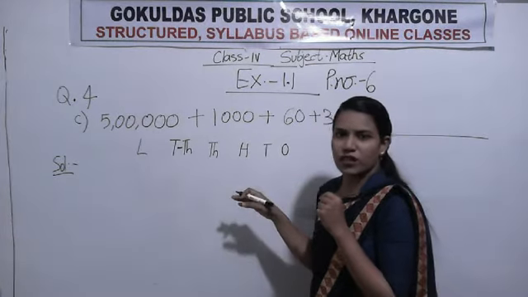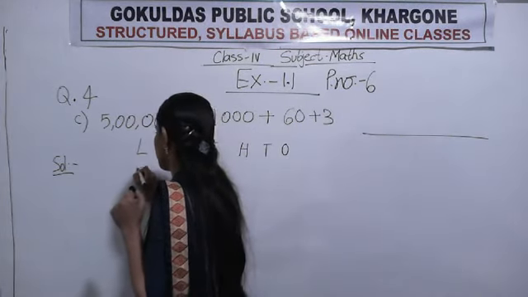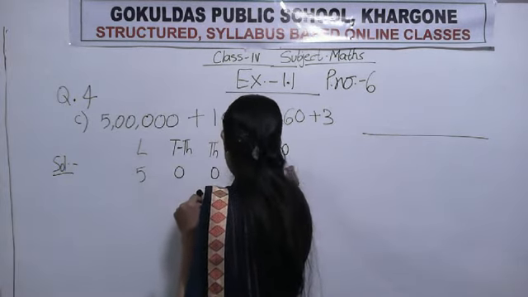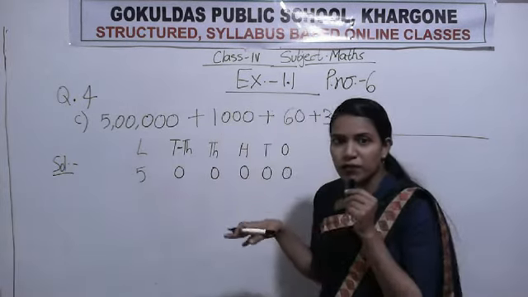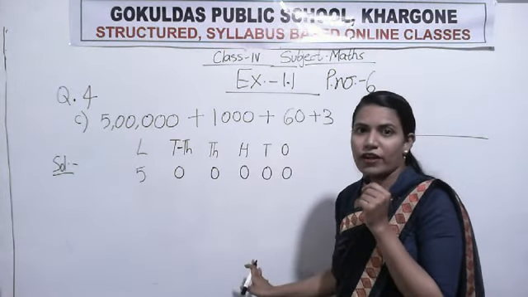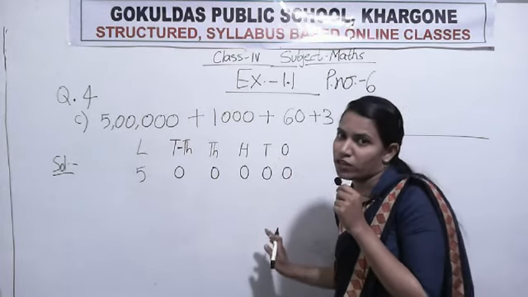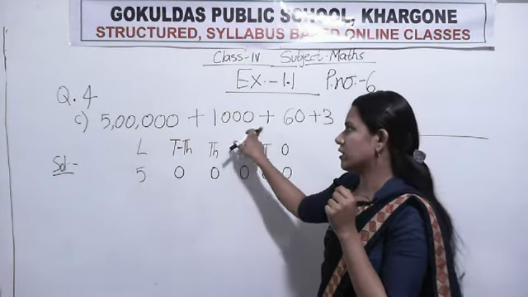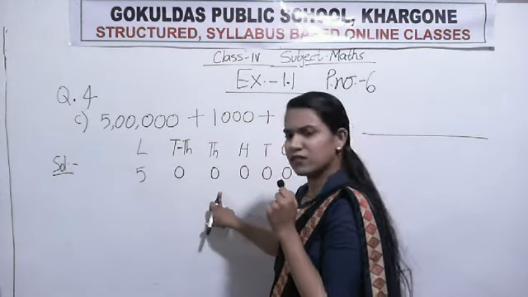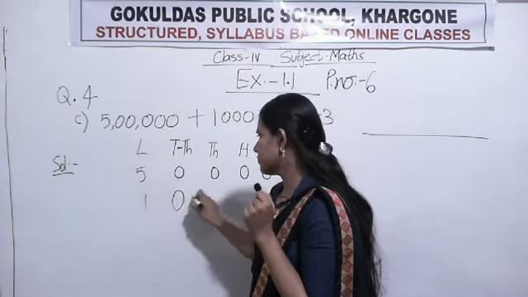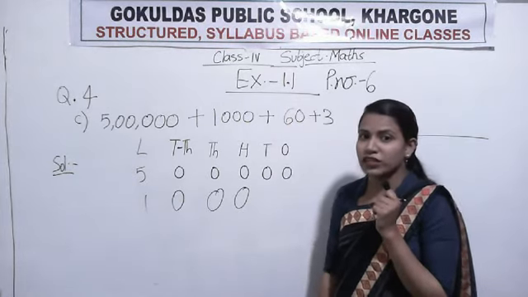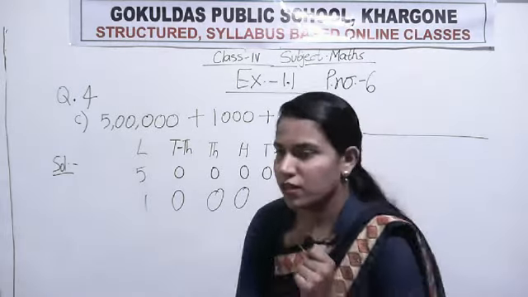Now start putting all the numbers fast. But make sure when you write the numbers, your number should be according to their places, or it should be column wise. Okay. You have to write all the numbers column wise. The next number is 1000. So should I write 1000 like this from here? Is it the right way? No, it's not the right way to write the number.